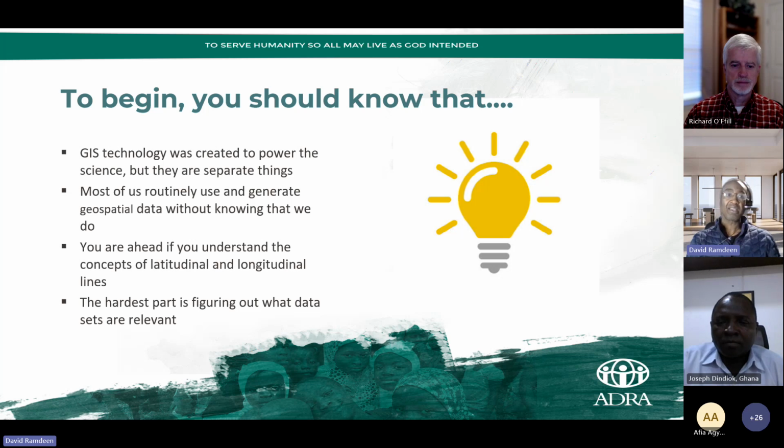So the first is that GIS technology was created to power the science, but in actuality, they are separate things. We tend to think of GIS as just something that you do on a computer, that you need to be very, very conversant with computer science. But the fact is that the science is something that can be understood separate from your time in front of the keyboard. And once you understand how the science works and how the data that drives the whole GIS technology works,